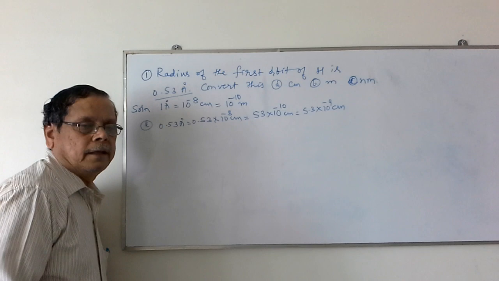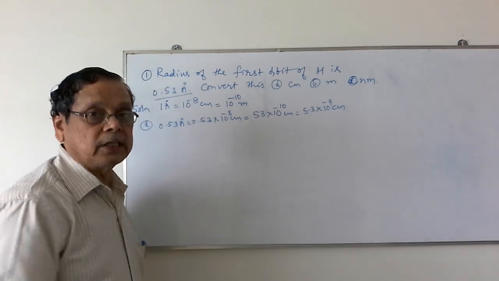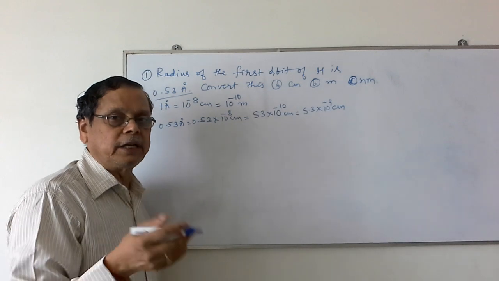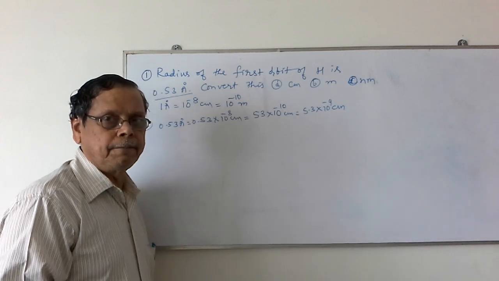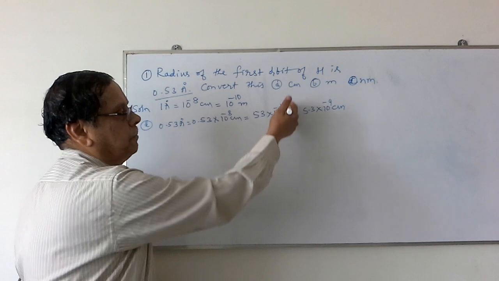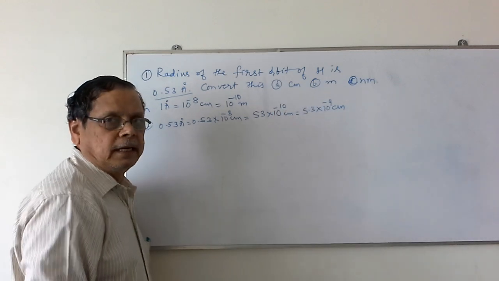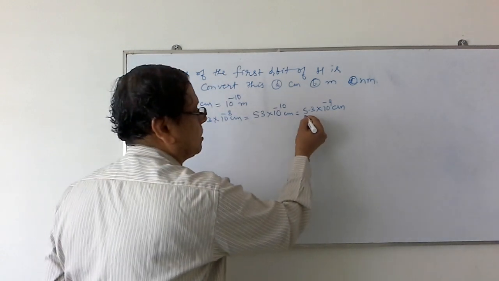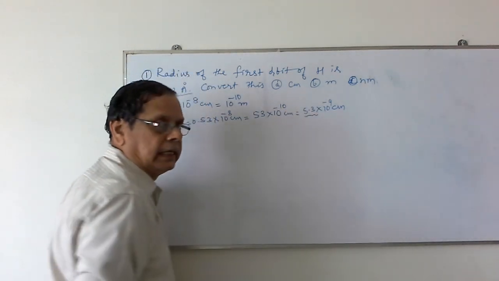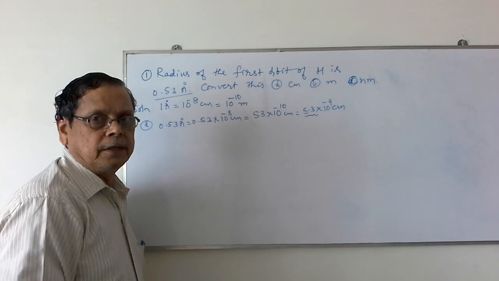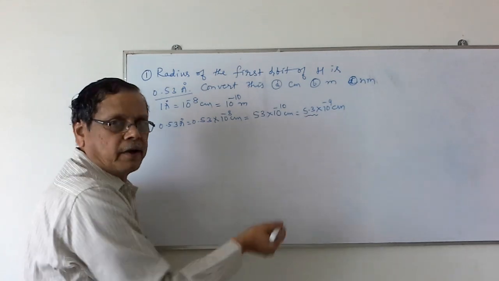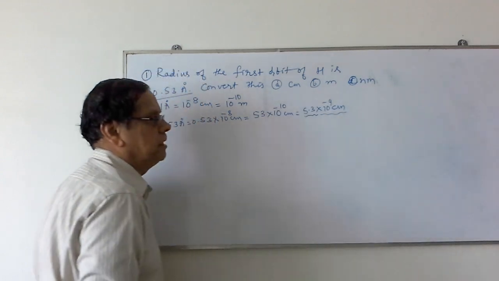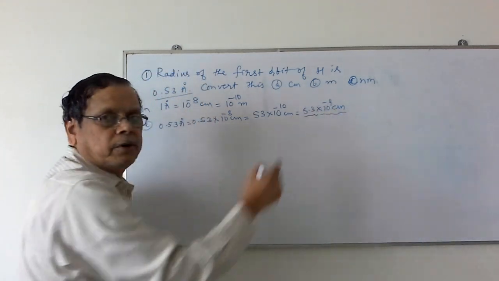centimeter. But in the next video, we will see the scientific notation of certain numbers. According to the scientific method, the number should be expressed between 1 and 10, so it should be less than 10 but more than 1. That's why the correct method to express in scientific notation is 5.3 into 10 to the power minus 9